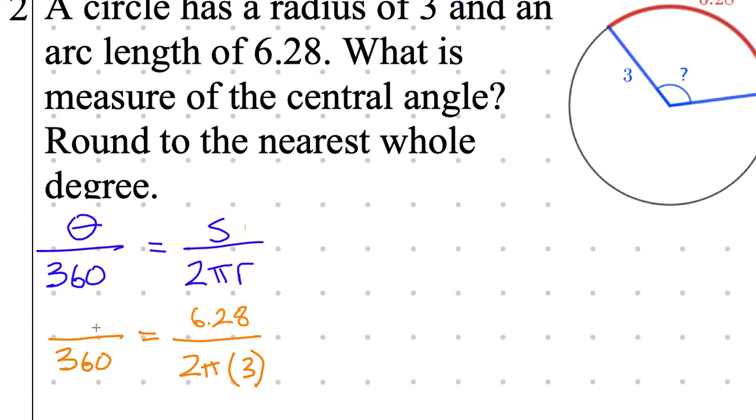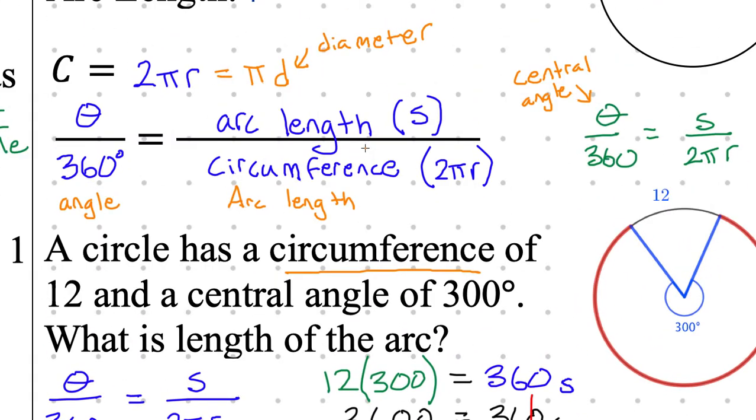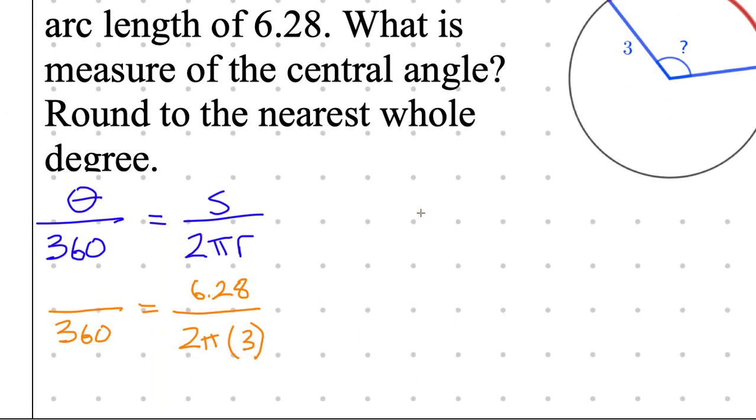What do we do over here in the top left? Question, Andres? Yeah, you want to replace 2 pi r, the whole thing, with just r? In this case, we only have the radius. It says the radius is 3, so we can't replace it. If it was circumference, then yeah, the entire thing can be replaced, because circumference is 2 pi r. Good question. It is a bit confusing, I know, but there it is.